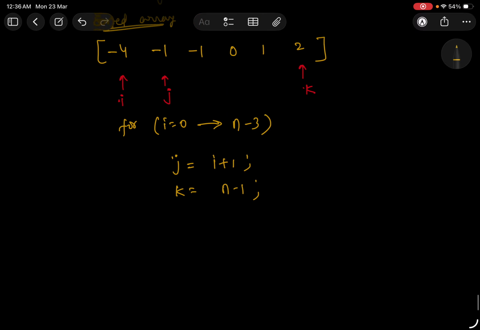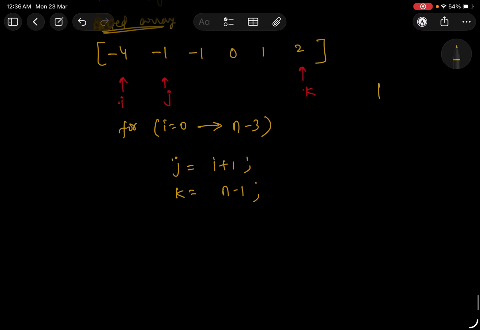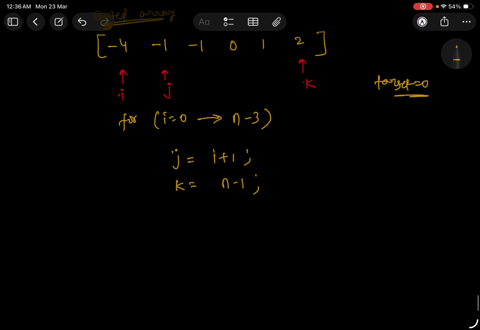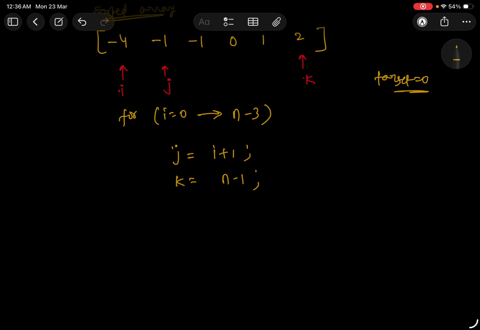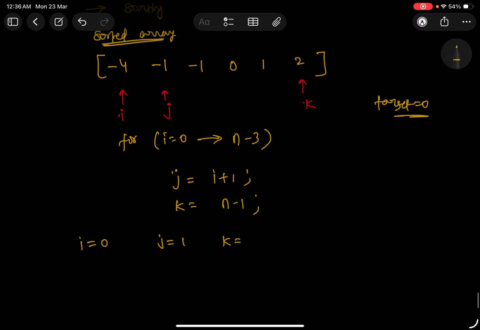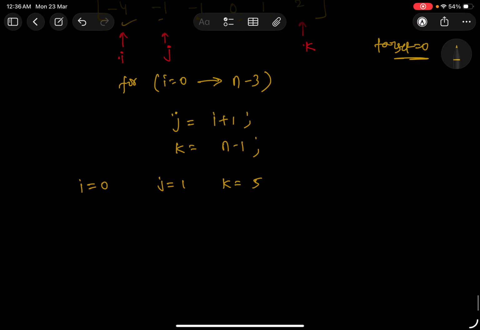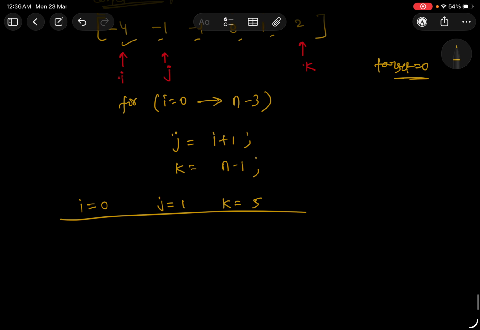So let's start the dry run. Our target was 0. Now these will be the initial indexes. So i is 0, j is going to be 1, k is going to be n minus 1, which, if I take 1 2 3 4 5 6, is going to be 5. And here we will be doing the first step,